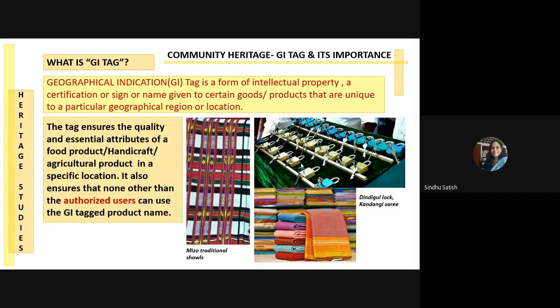So some important factors of GI tag: it is only valid for 10 years, and you need to review it every 10 years. The first product which was awarded in India was Darjeeling tea, in 2004 and 5. A very recent development in this context. And Karnataka has the highest number of GI tags, about 47 products, followed by Tamil Nadu, which has about 39 products.